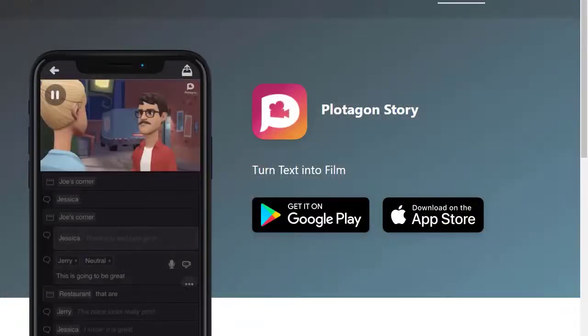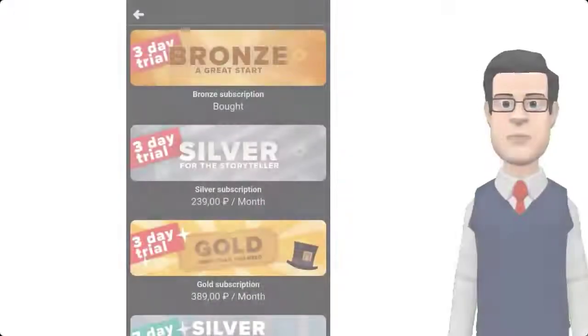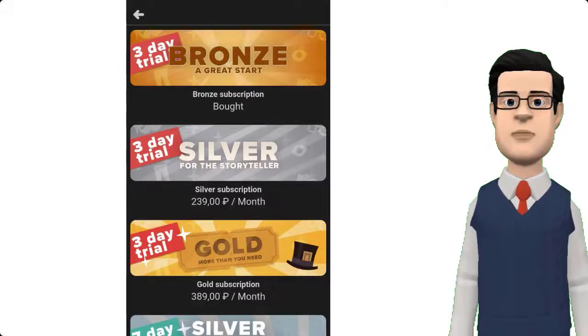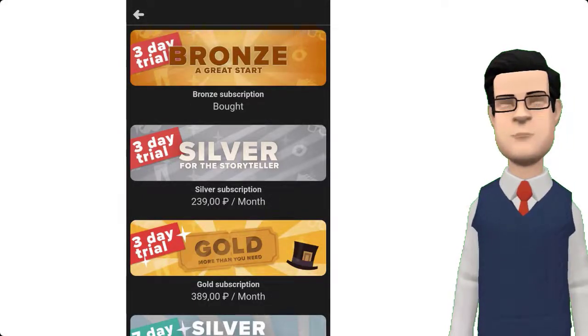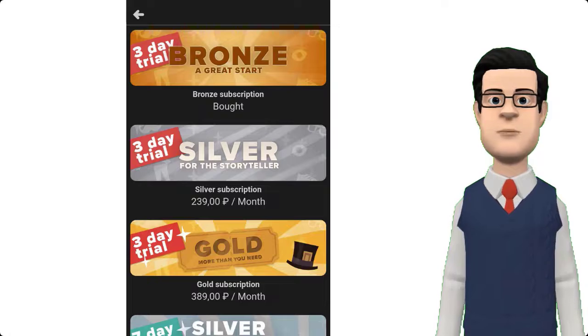Now I want to consider the Plotagon Story mobile option. You can install the program from the respective app stores for Android and iOS. You can use it for free, but with restrictions. To gain access to more music, scenes and voices, as well as the ability to remove watermarks from your videos,